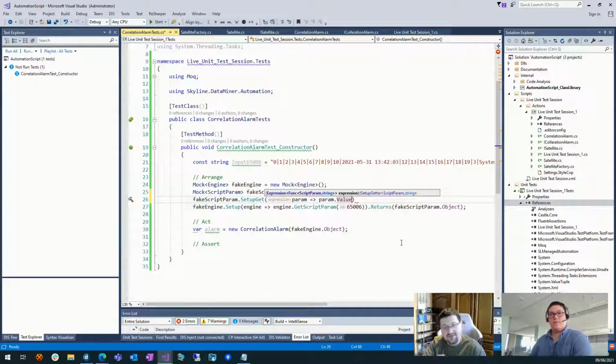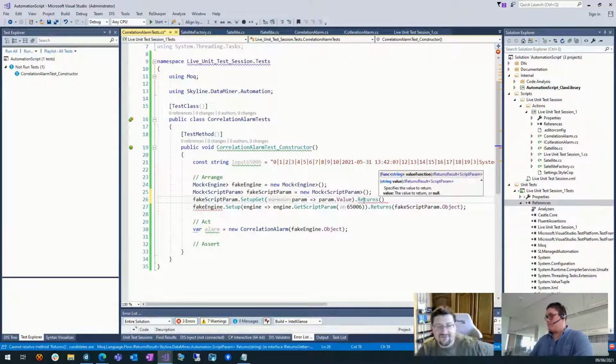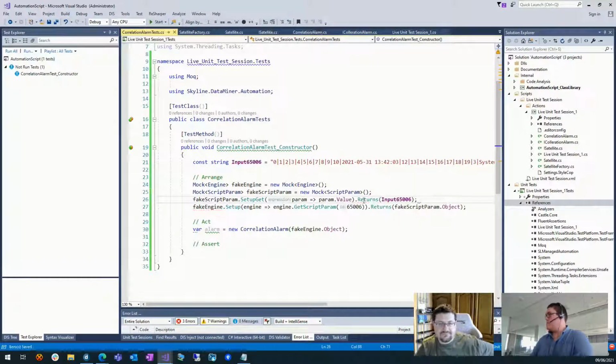You can override what you're going to get from the property with Moq. You don't need a public set to do that, which is great. So we're going to do the setup get here, param.value, and we are going to return the input of 65,006.